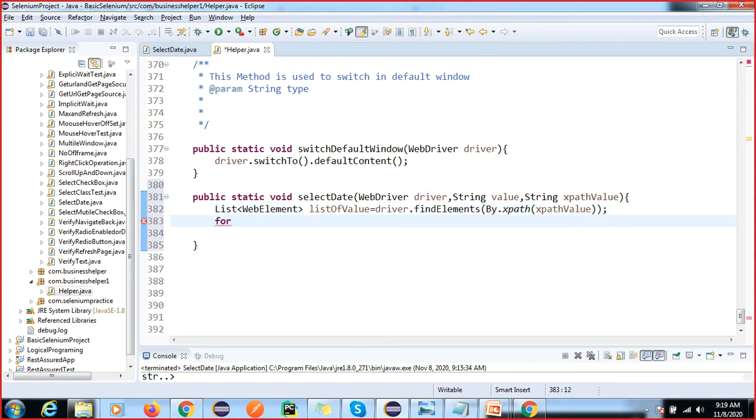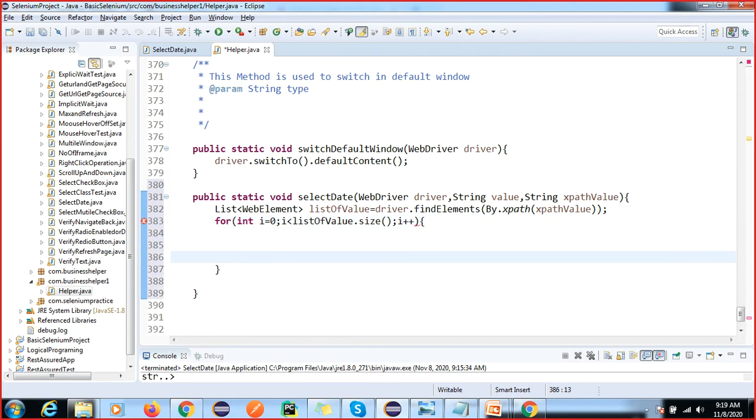We are not doing anything new, just not hard coding. As per the project requirement, we can use this method simply, with size and i plus plus.